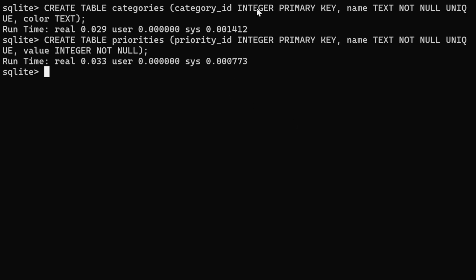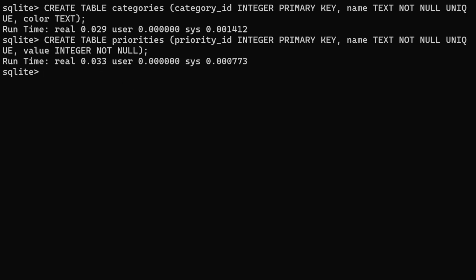The categories will have a category ID, name, and the color we want those categories to be denoted with. And priorities will have a priority ID, the name of the priority, and also the value, which will be an integer. Lower value means lower priority in our case.